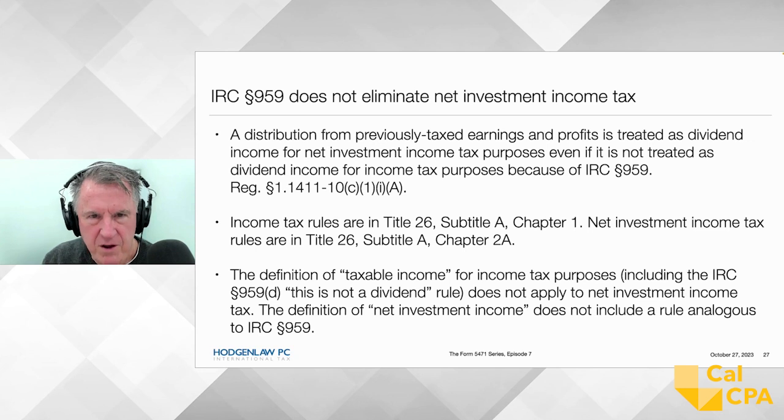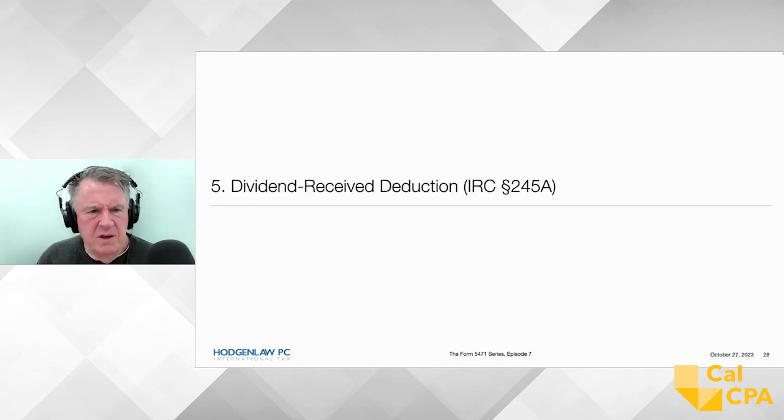And so for income tax purposes, you have a dividend of $7,900. But for net investment income tax, our friend, Mr. 3.8%, thank you very much, you'll have $10,000 of dividend income. So that's the gross income